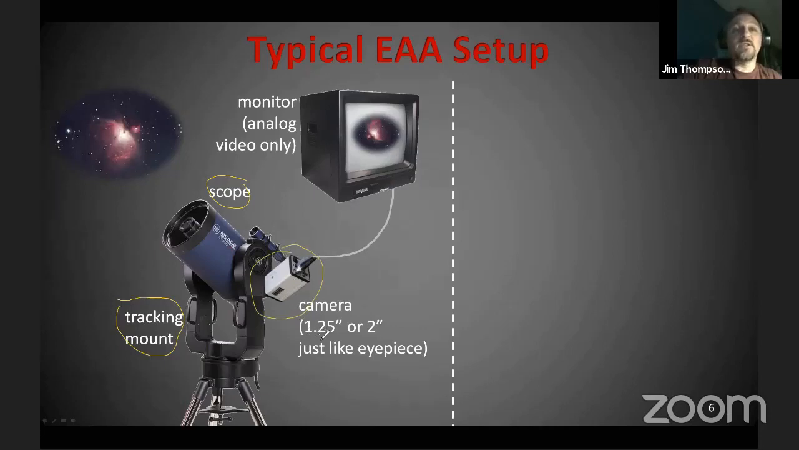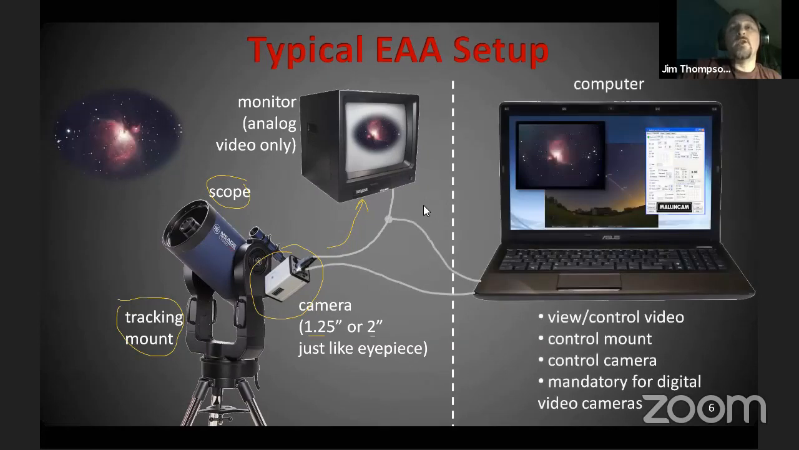It's the same interface, just as if you were putting an eyepiece in the scope. The same two interfaces, 1.25" or 2". And then that signal from the camera can go either to a monitor if you just want to look at the video by itself, or if you want to do a little bit more work on the image, you can have that connect to a computer. And from the computer, you can do all kinds of things. You can view the live video, you can control it, you can control your mount,